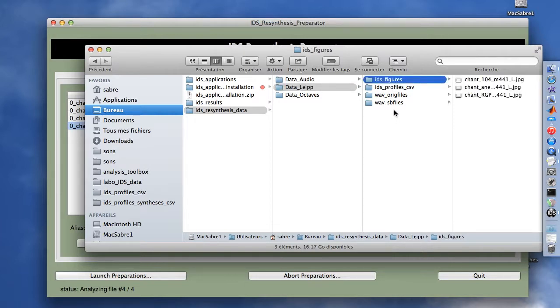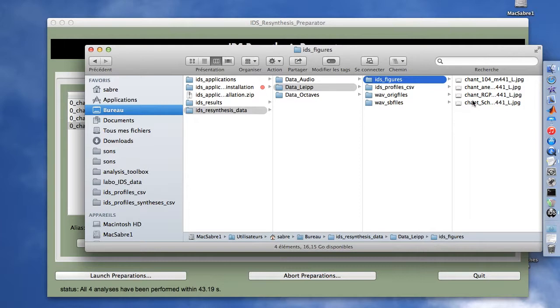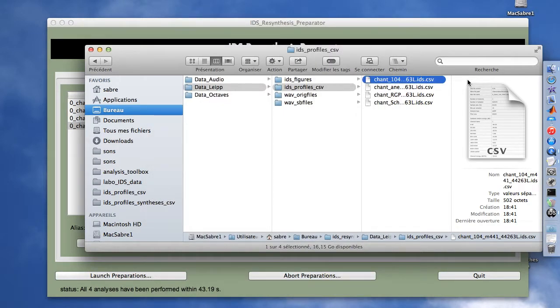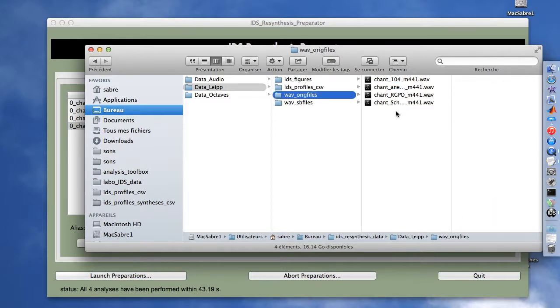Within the first one, IDS figures subfolder, we will find the IDS profile plots in JPEG format. We've got IDS profile CSV, where we will find the IDS profile using the same format as created and used by IDS analyzer. We also have web origin files, where we find a copy of the web files we have selected,